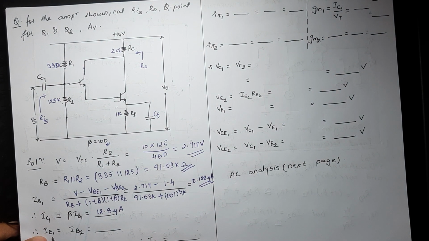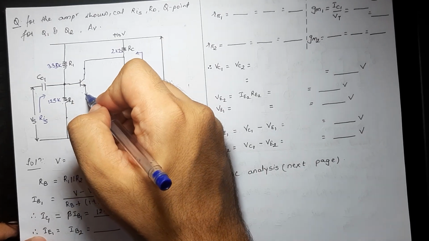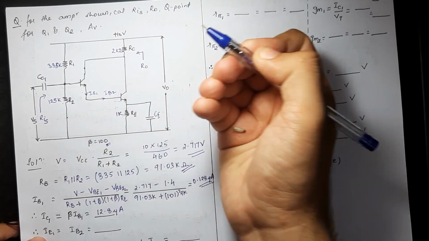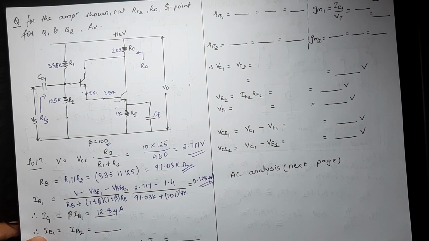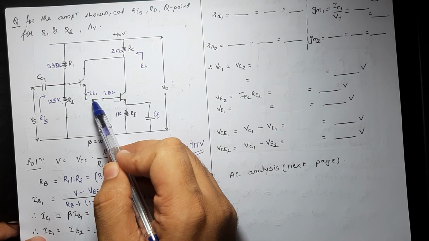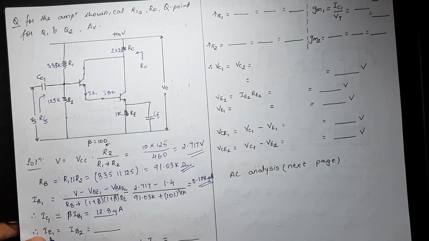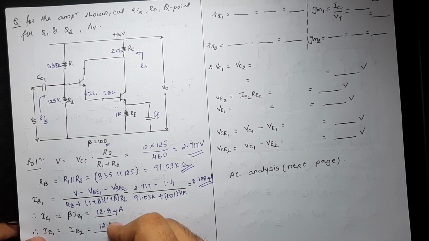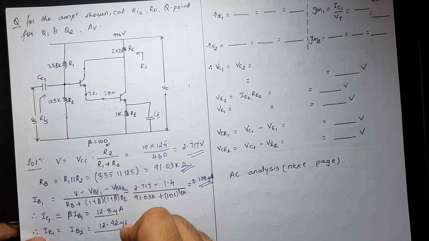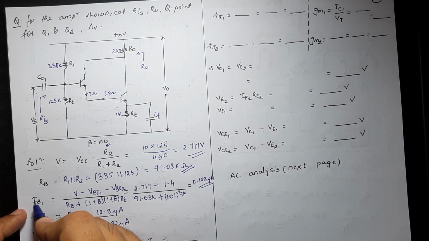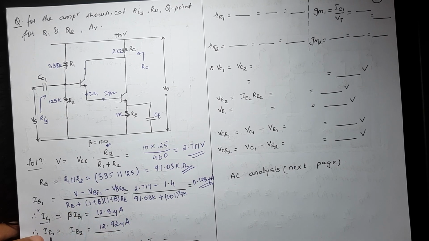Now IE1, which will later on become your IB2, as we had discussed in the previous basic introduction video, wherein the emitter connection is given as an input to the base of the second transistor. Hence your IE1, which is nothing but IB2, is 12.92 micro. It is simply the addition of IC1 and IB1. Hence IB1 plus IC1 will give me IE1, which is nothing but IB2, given by the value 12.92 microamps.